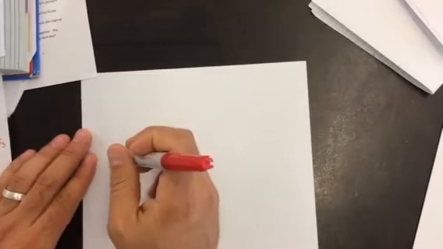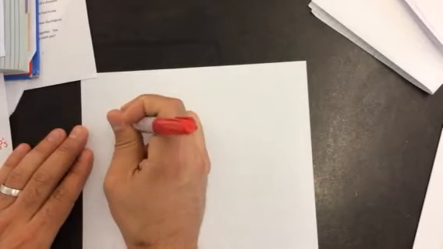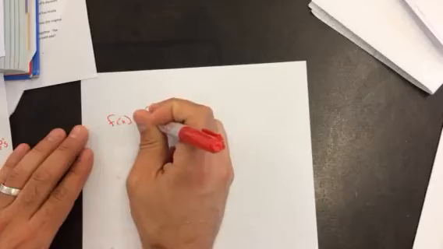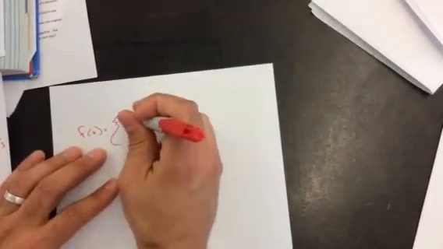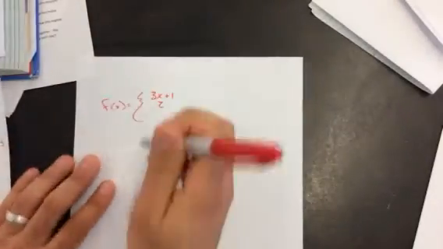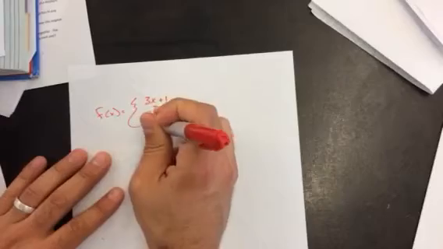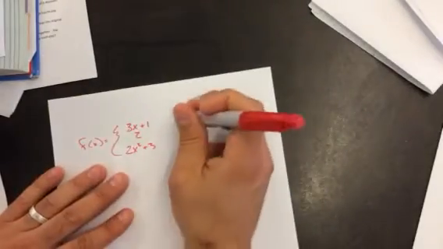Okay, I'm going to continue on with the rules. So I'm going to do a bunch of different examples with the same function rule. I'm going to use the same one that I already had before, 3x plus 1, 2, and then 2x squared plus 3. And it goes from negative 3